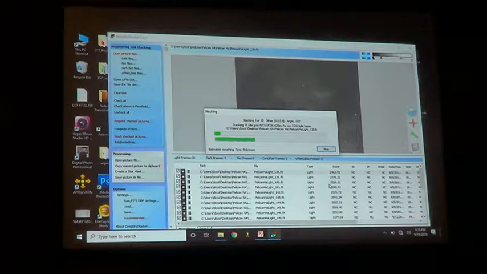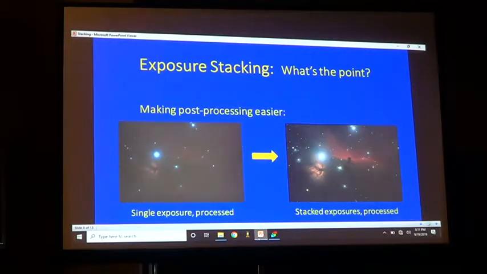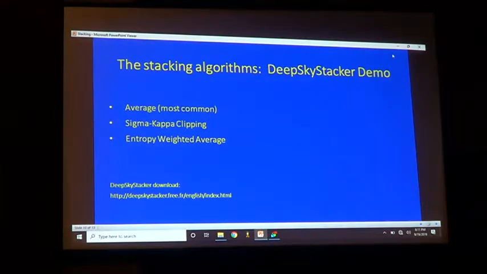Okay, so it's taking all 20 of those exposures. Basically, I think what I was showing in the earlier picture, right here, that's like one of the lower corners of that image. Anyway,